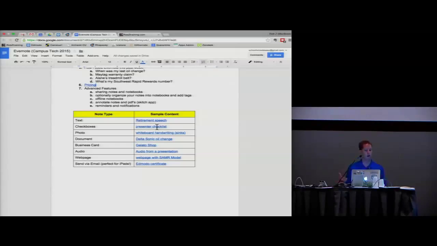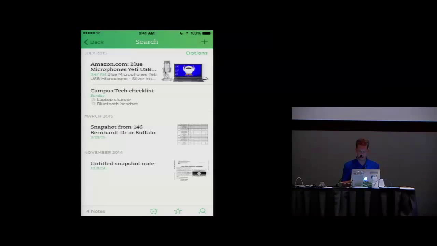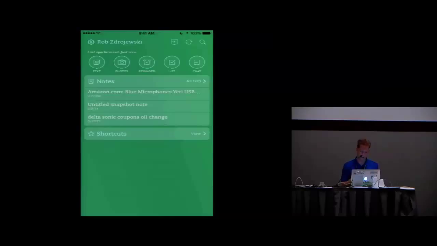Whenever I come to a conference like this and I have to remember to pack all these things and adapters and all that, I make a nice little checklist. So this time, let's look on my iPhone, and we'll use the Evernote app. And back to the main menu. And we'll search for the term